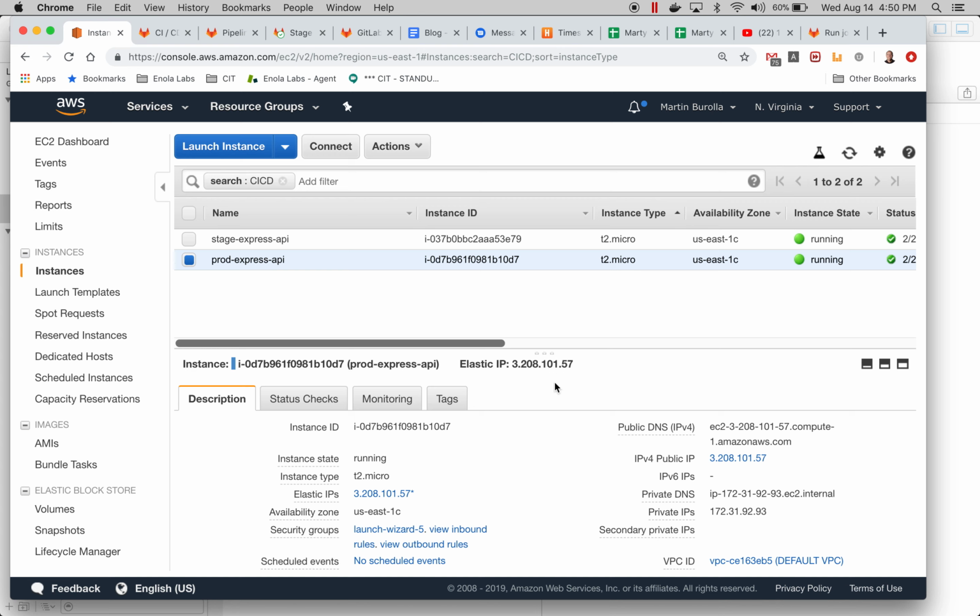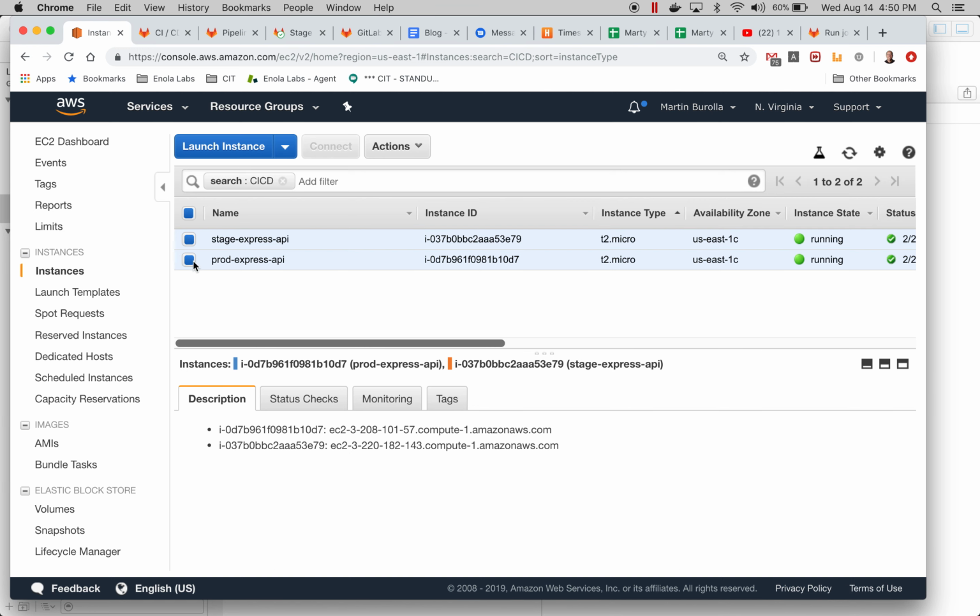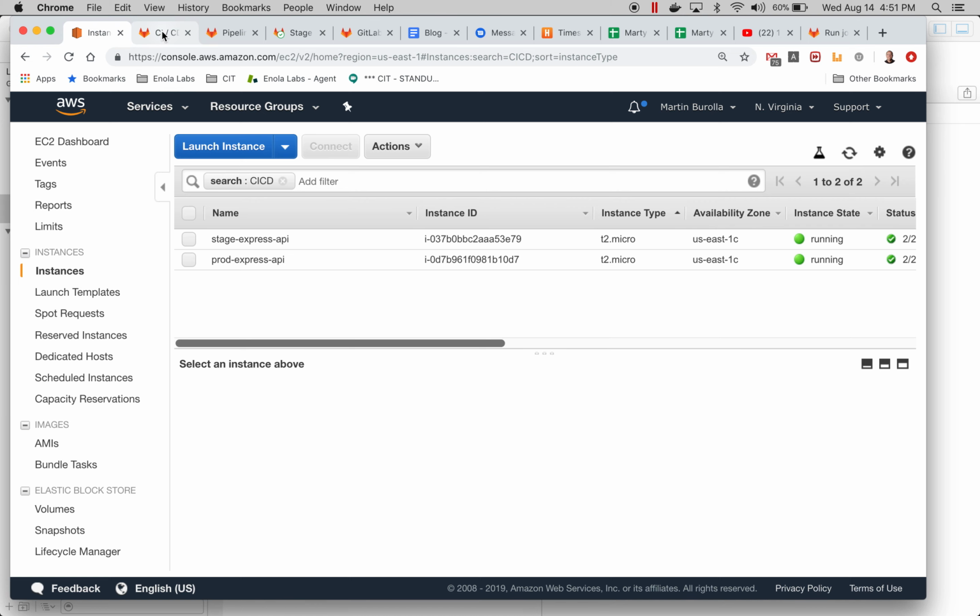an Express API. And these instances have elastic IPs associated with them, which means when this instance is rebooted, this IP will be stuck to this server forever, essentially. And so we have two EC2 instances, and